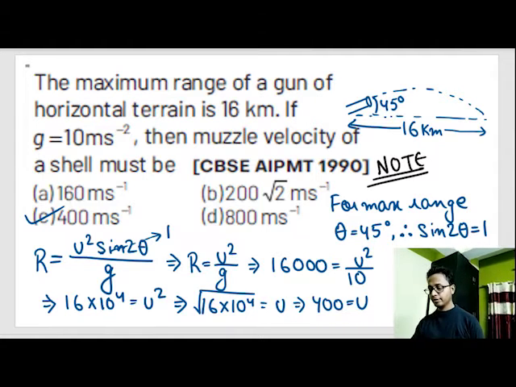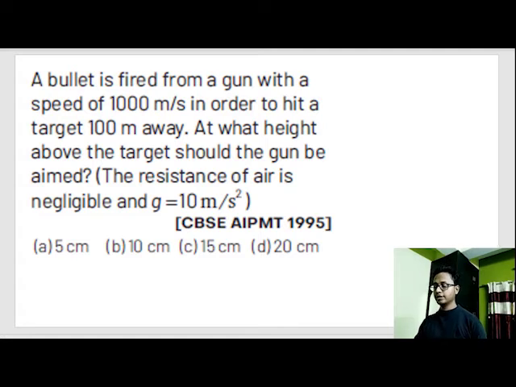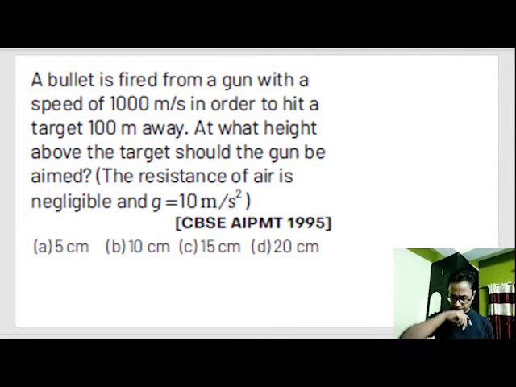Now, this next question is a little bit conceptual. Some of your solution books have given this. The answer is correct, but the solution or the concept they use is wrong. They have used the wrong concept to arrive at the correct solution. So I'll try to demonstrate what is happening out here.